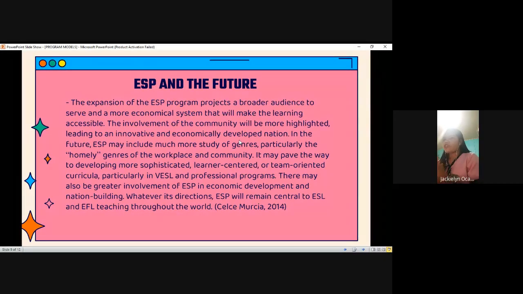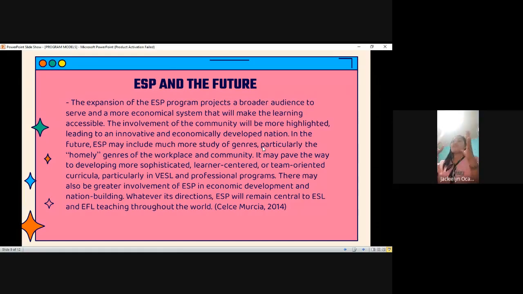Whatever its direction, ESP will remain central to ESL and EFL teaching throughout the world. And because of the internet and technology, the students engage in learner-centered learning, and ESP is a great help to understand a particular field.